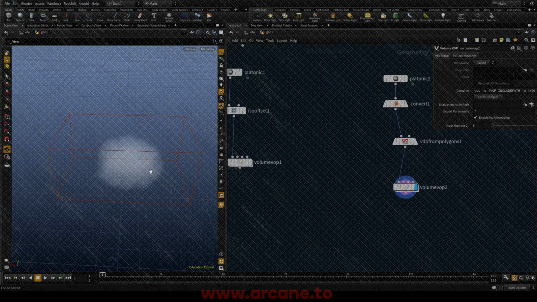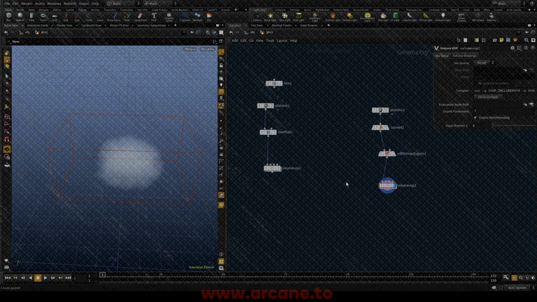So this is the main core of volume manipulation in Houdini in SOPs, and we're going to be using that to create the fields, a variety of inputs for the DOP sims that we're going to be